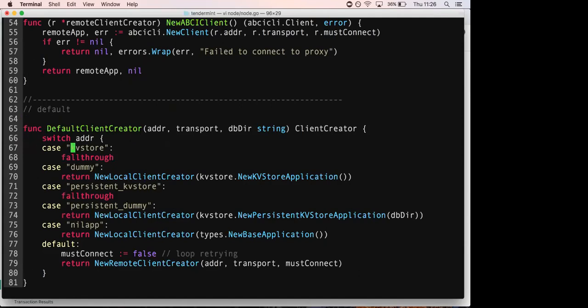So now, this is where we're seeing the KV store that you might pass in through the command line. The KV store used to be called the dummy, but we retired that name because it's a bad name. We should probably remove it outright. It creates a new local client, versus if you don't pass one of these hard-coded application names, then we fall back to the remote client. And so the local client basically means this thing is running in process and it's passing in a hard-coded application, right? Whereas the remote client means it's going to communicate over some address with some transport,